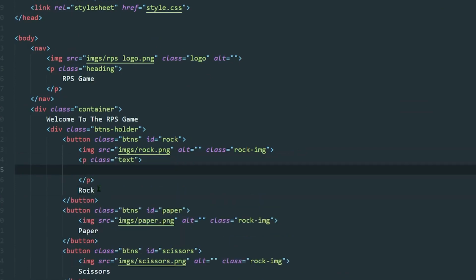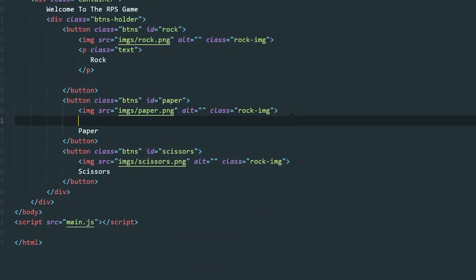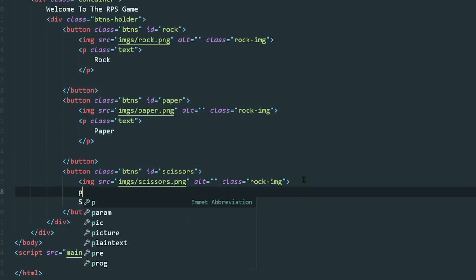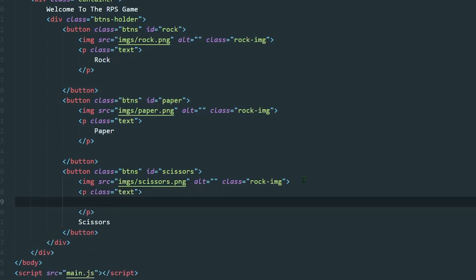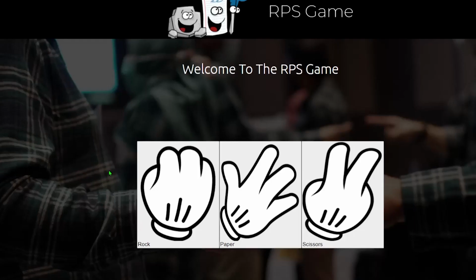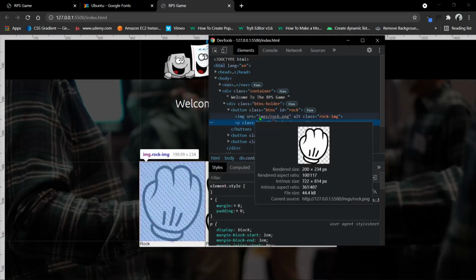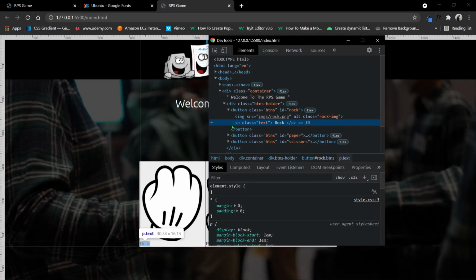Now I am keeping very odd names, but when you are making a professional website, or if you are launching it on a large scale, suppose you have a game, then use meaningful IDs and classes. This is a very good practice. Okay, so let's save this, and if we see, nothing happened because I didn't do text align center.